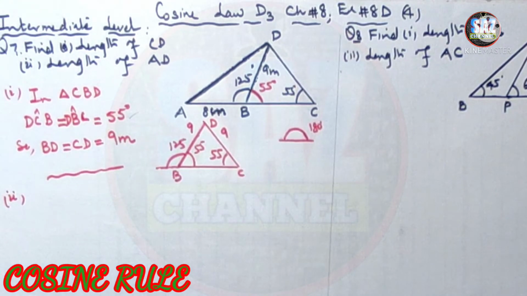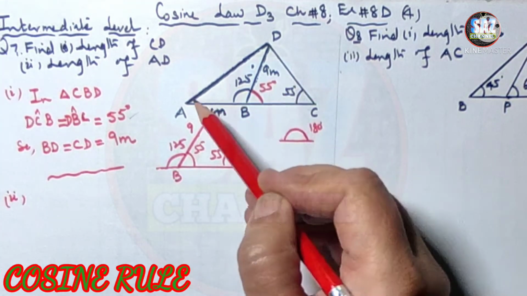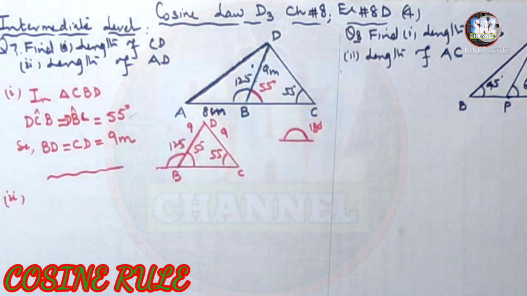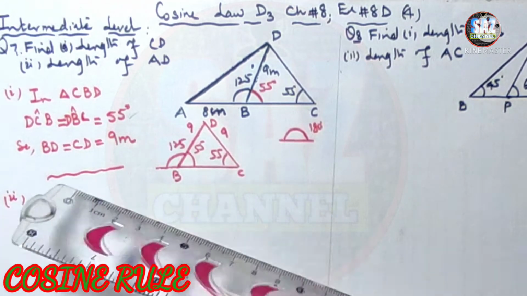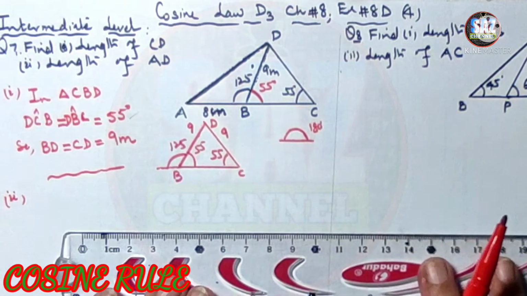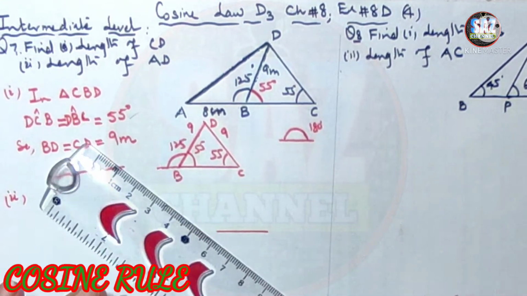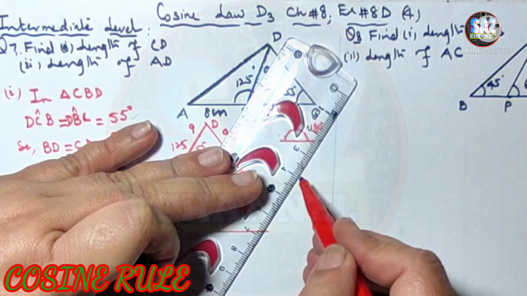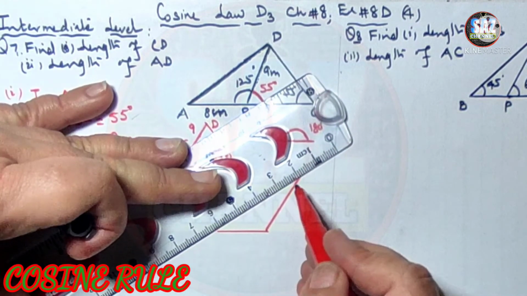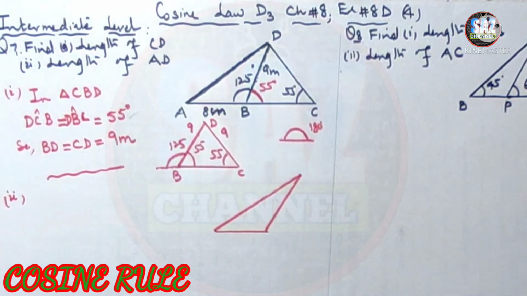Now look at the diagram again, AD can be calculated from which triangle? AD has to be calculated from triangle ABD. Let me draw the figure here, ABD, so that my students can easily understand the question. These are really important concepts and questions according to your O-level examination. So always make a small sketch of the diagram for which you are working, so that the examiner can understand your message easily.